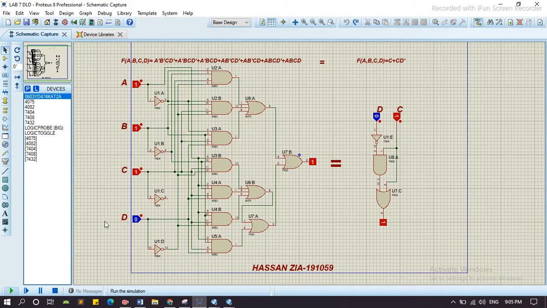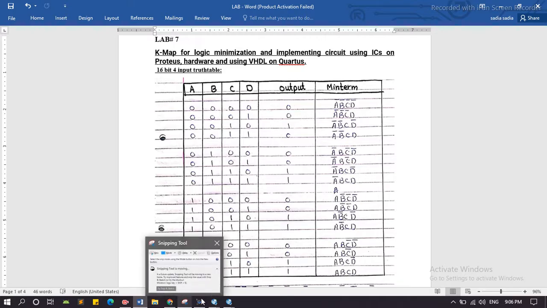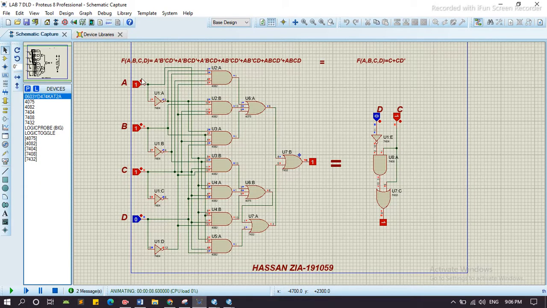Now we run the simulation. We go to the truth table here. Here is the first expression 0 0 1 0, CD is equal to 1 0. Now we go to the second function, here is 0 0 and 1 0. Here C is equal to 1 and D is equal to 0, and the output is the same in both cases, which shows 1 1. When we set C and D both to 1 1, and C and D both are 1 1,